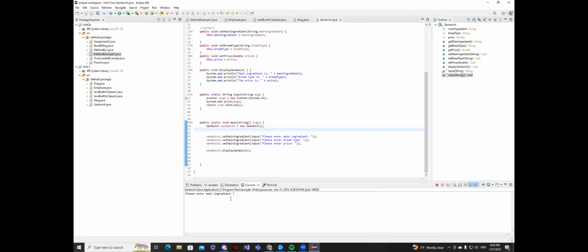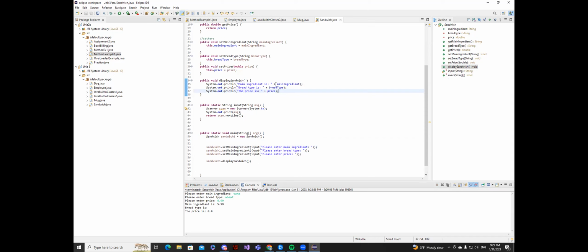Okay, duh. Alrighty. Just type something and let's make sure that it is taking the input. Yeah, enter. Yep, cool. It works fine. Okay, cool. Oh, your output is not coming right because of your display method, display sandwich. Okay, let's see your display sandwich right here. So you're displaying